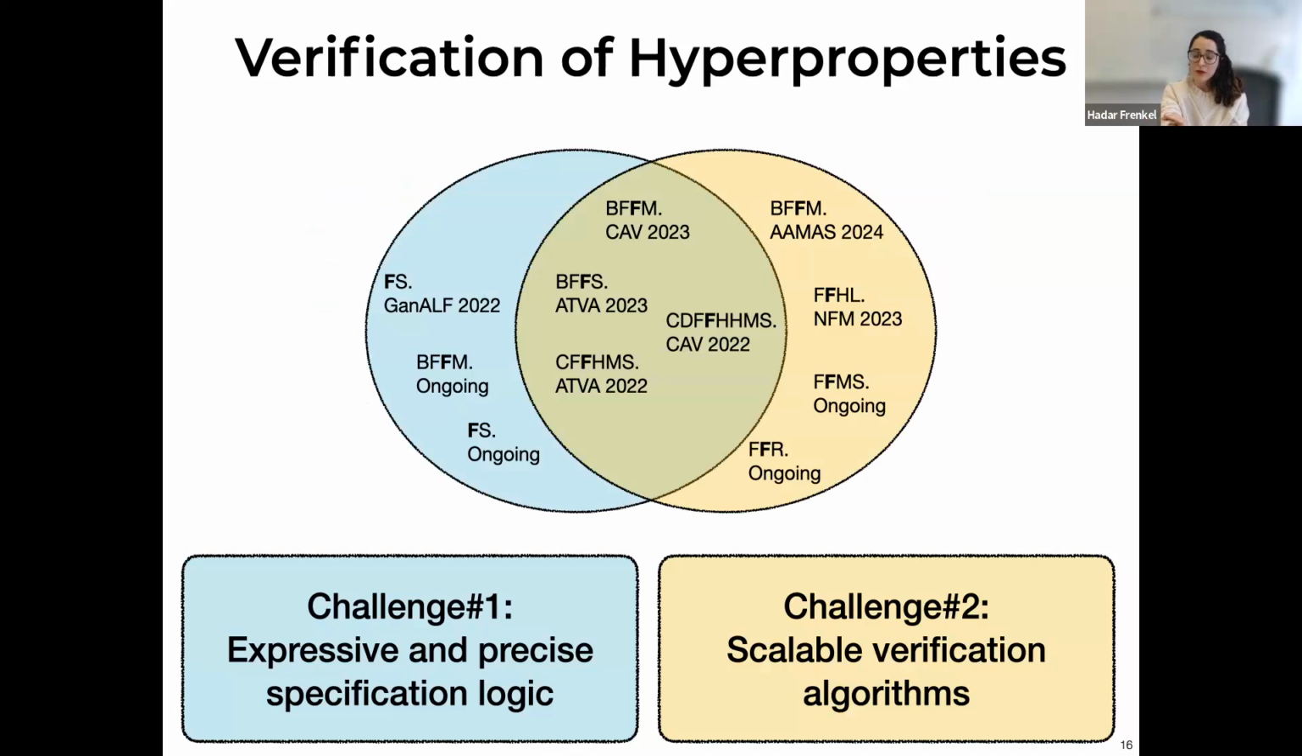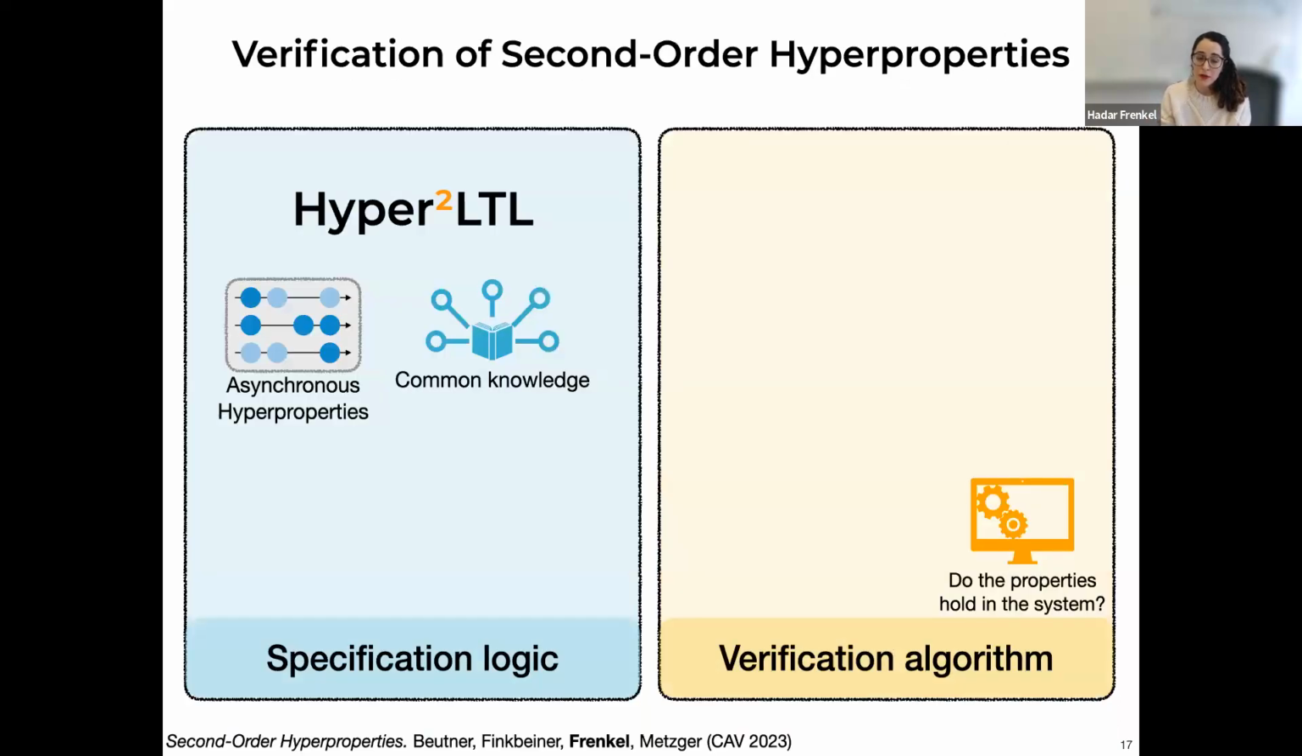But in this talk, I'm going to talk mainly about our work from the recent CAV. This is a joint work with Raven Beutner, Bernd Finkbeiner, and Niklas Metzger. And this is about the verification of second-order hyperproperties. And what I'm going to show you today is a specification logic for complex hyperproperties, which again are properties that relate multiple executions. And these properties are, for example, common knowledge, which I will elaborate together with the knowledge example,